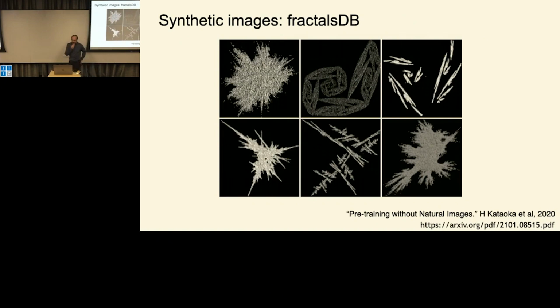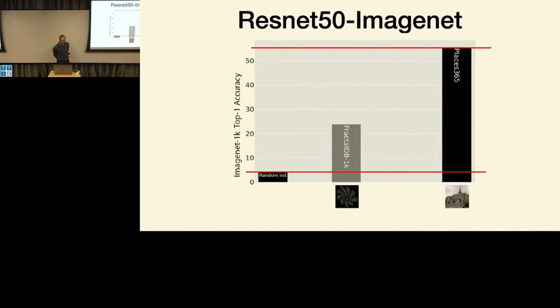There was another really interesting line of work, this paper from 2020, where what they showed is that another thing that you could do is just take images that are generated with fractals. And you can generate all kinds of images like that. And if you train with these images, then you actually get pretty good performance. Still far away from what you get from real images, but over 25%. And this is simple fractals. It's much cheaper than the simulations that I was showing before.